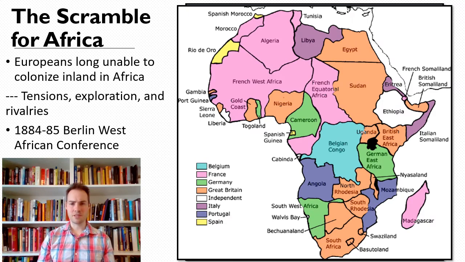So this is crazy, right? Just think about what happens when you draw all these lines on a map. All of a sudden, this is Belgian, this is British, this is French. These are really arbitrary distinctions. And like we talked about before, when we talked about how maps have power and are a sort of technology, this makes real changes on the ground.